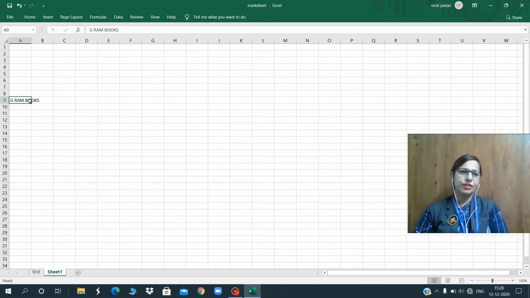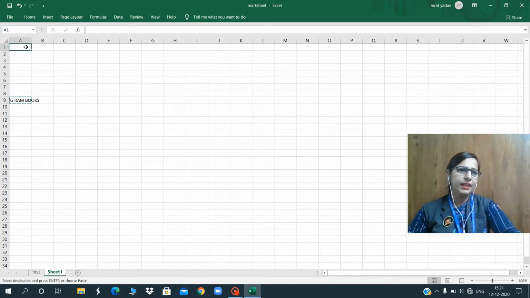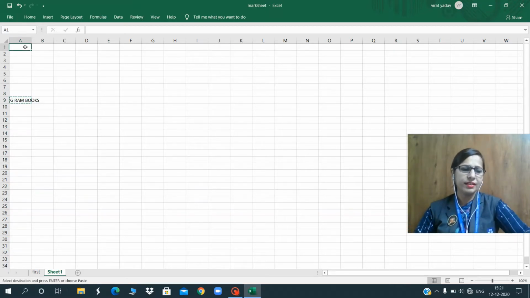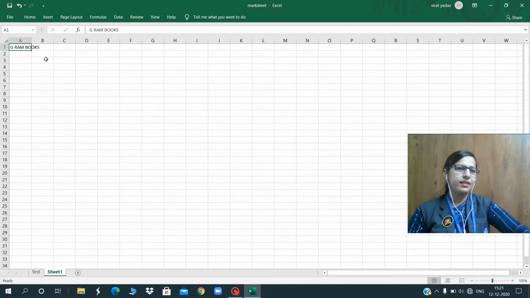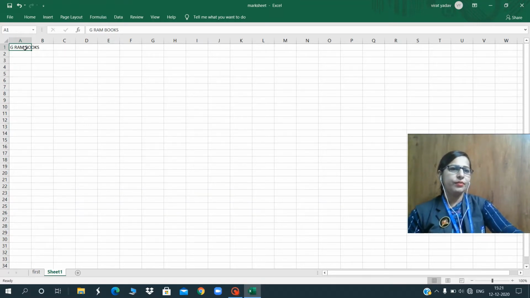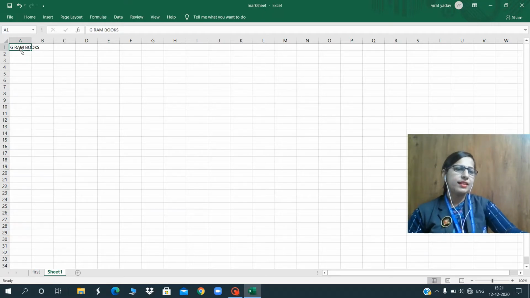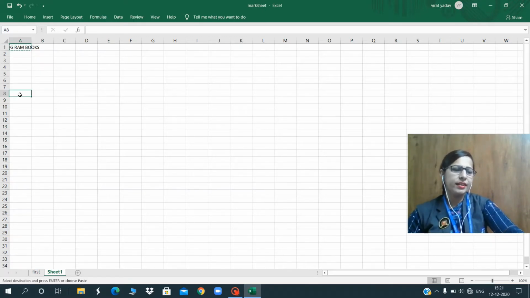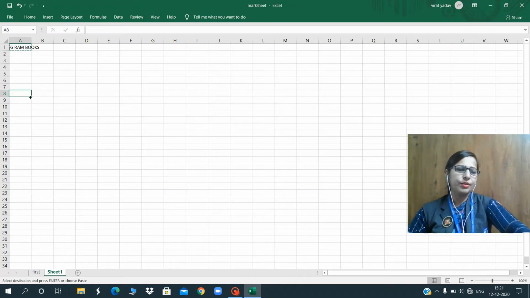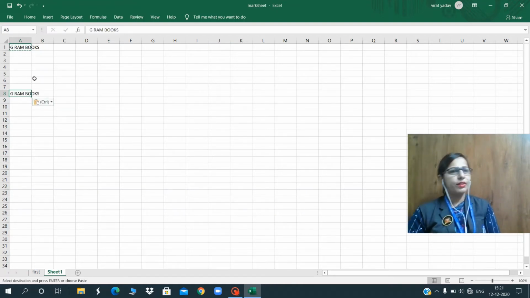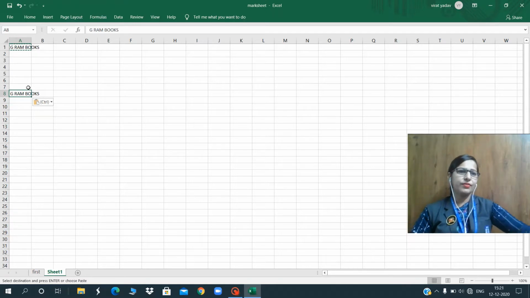See, we can use shortcut keys for that. Control X: first you have to select it and press Control X and place where you want to paste it. Control V for pasting. This is the shortcut key combination for cut and paste. Now copy and paste. Just select that cell and press Control C, copied data. Now place your cursor on A8 and press Control V. You can see this will be copied. Okay, these are the shortcut keys for that.